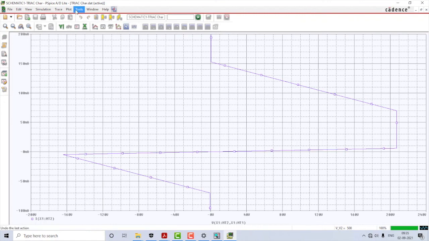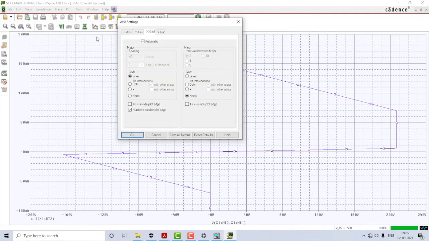So, I will just remove the grid lines very quickly. Now, if I want only the x and y axis and no other lines to come, you have to remove this automatic selection. Check what is your x axis range and the maximum value you have to put here. You see, it ranges from minus 200 to plus 240. So, here you have to put 240. And coming to the y grid, do the same operation. It ranges from plus 200 milli to minus 100 milli.